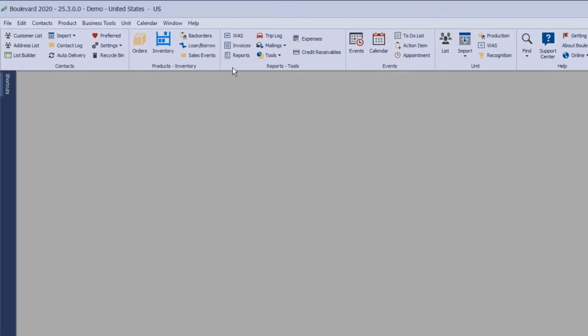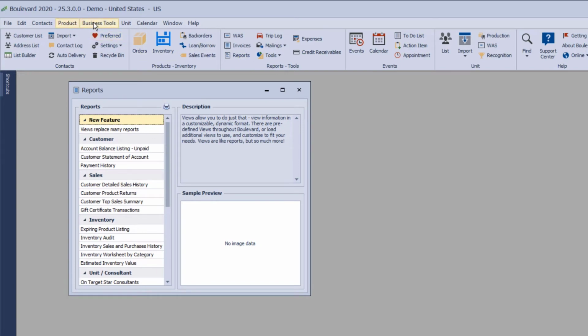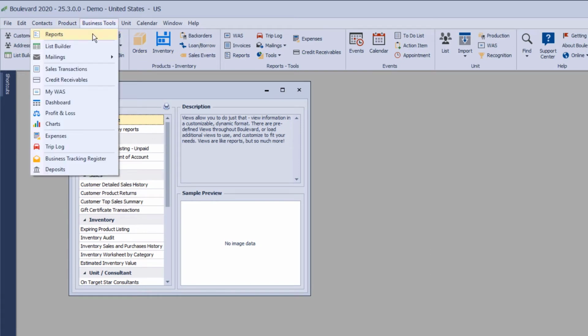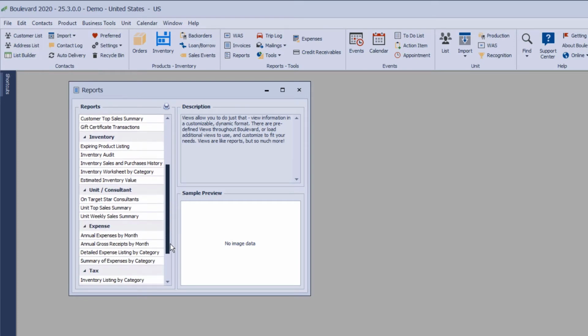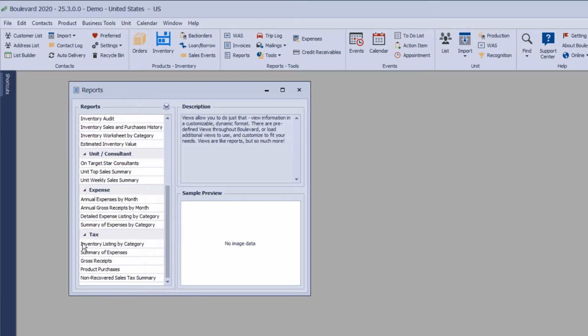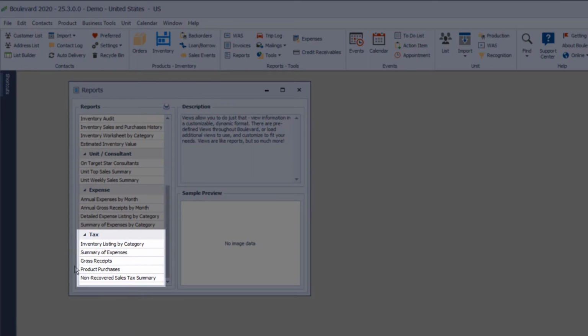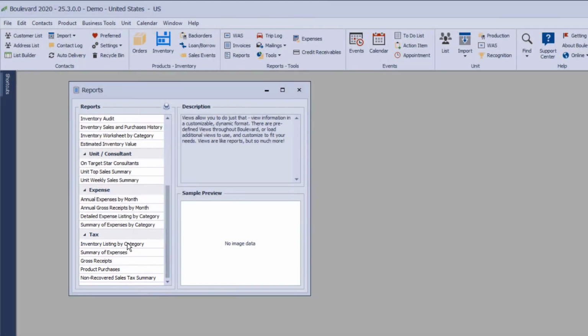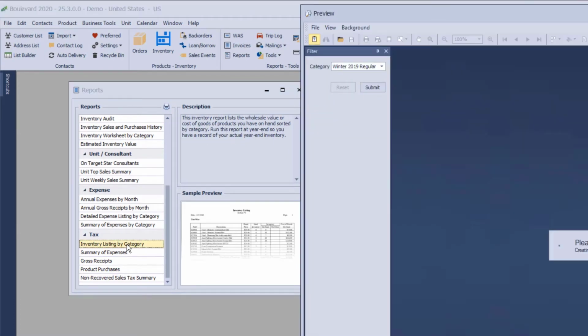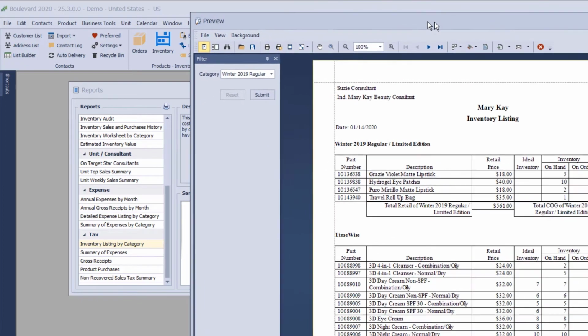I'm going to close the product list and access reports, and you can get there by going to the main menu and clicking Reports. Alternatively, you can also go to Business Tools and choose Reports as well, and you'll access it there. I'm going to scroll down to the tax section. These are the reports that we recommend using for tax purposes. The first one is that inventory listing by category, and I'm just going to double click to open it,